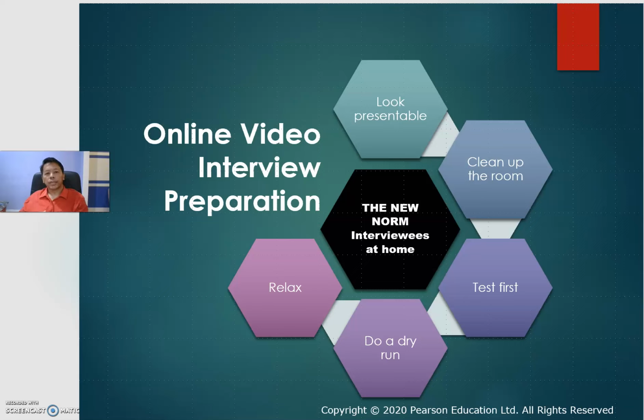The surroundings must be clean, and it is worth testing the technical part of the computer, for example. Then the candidate can do their own dry run, so that when they are interviewed later on, they will feel more comfortable.